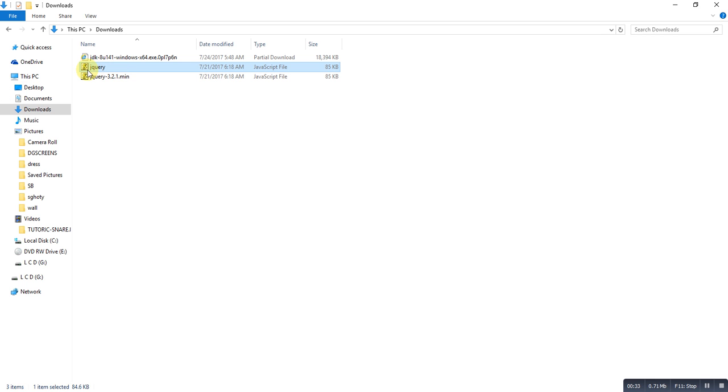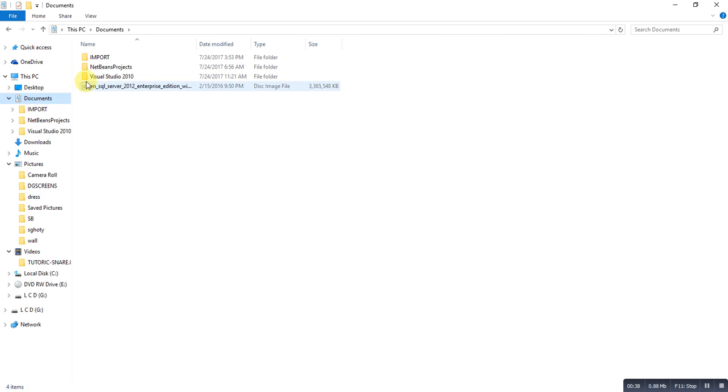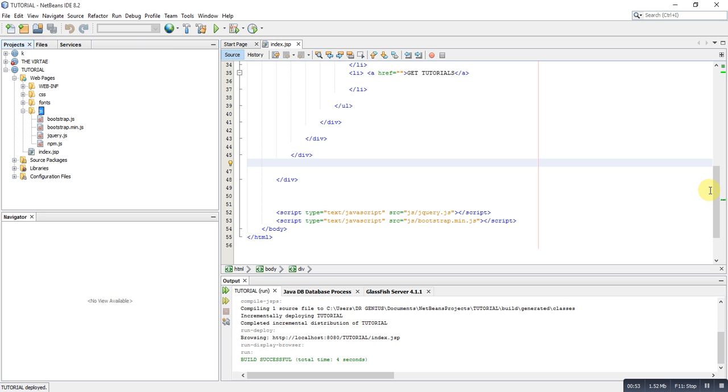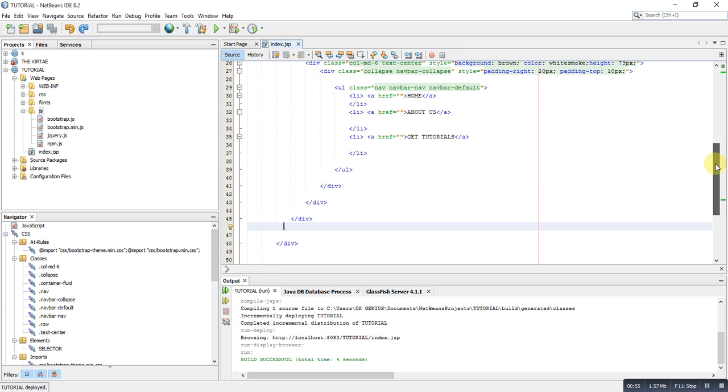copy the Jquery file, go to documents, make this project, tutorial, web, JS folder, then you paste our Jquery file. Then you go to our project. So in our project here,